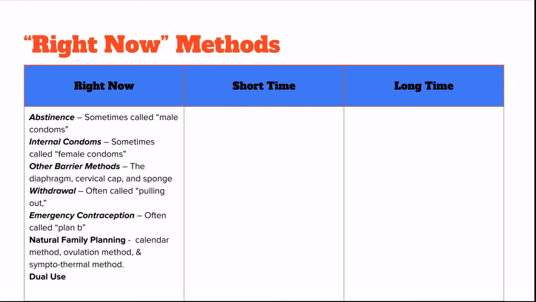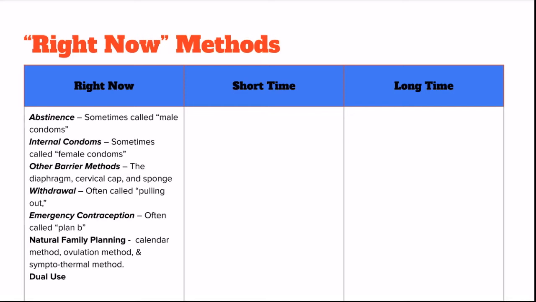Our next method is the withdrawal method, often called the pull-out method. This is when a penis is removed from a vagina before sperm is ejaculated. While there are several different basic problems with this method, and it is not nearly as effective as other methods for preventing pregnancy, it is definitely better than not using a protection method at all. However, it's important to note that this method does not offer any protection against STD and HIV transmission due to the possibility of pre-cum contact and also the direct contact made between skin with those involved.